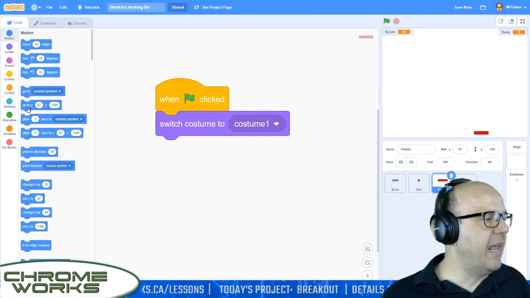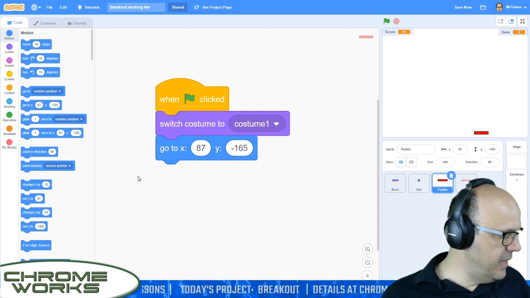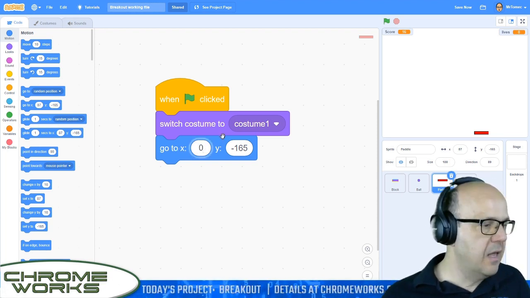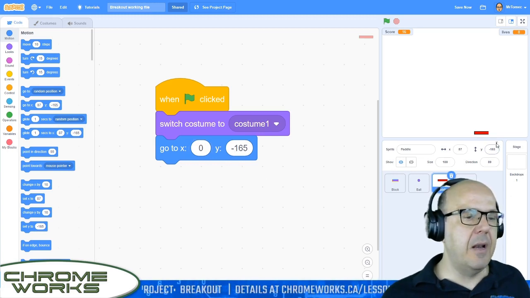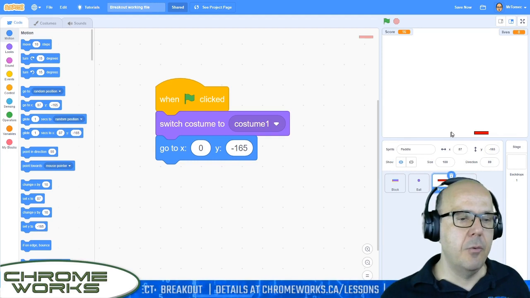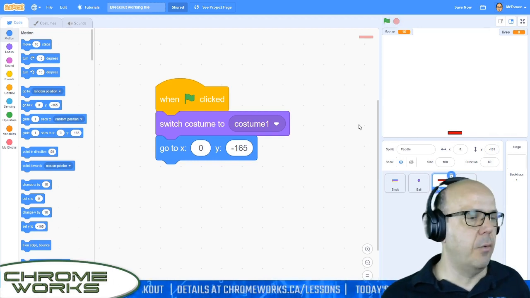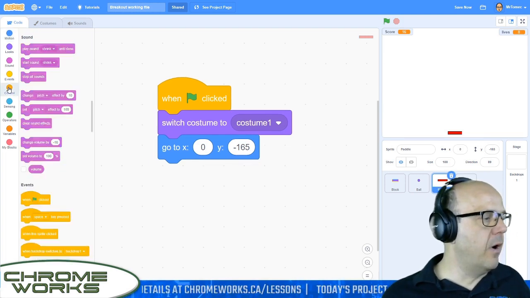I'm just going to drag in a go to block here, and the initial coordinates I have are 0 for x and minus 165 for y, and that'll position it along the bottom of the screen right along here, and center it as well, just like it is right now. Okay, so far so good. Now we also want to put a forever in there,